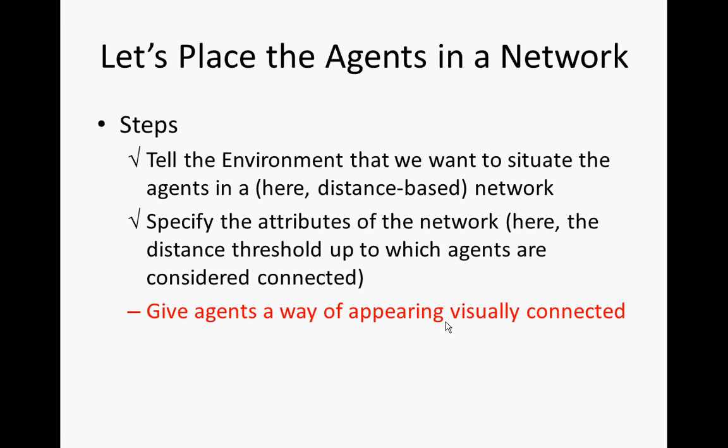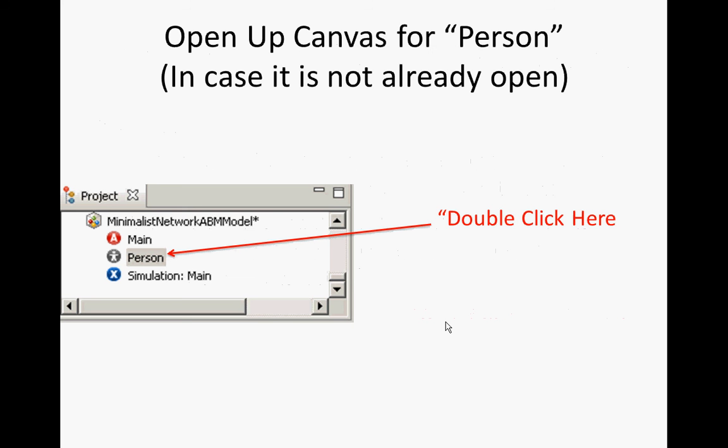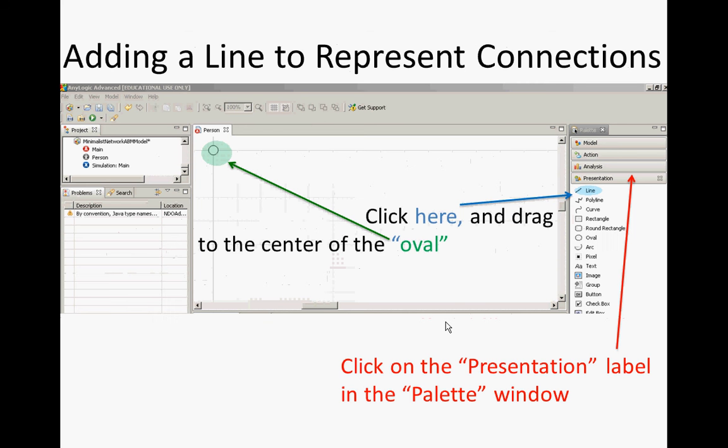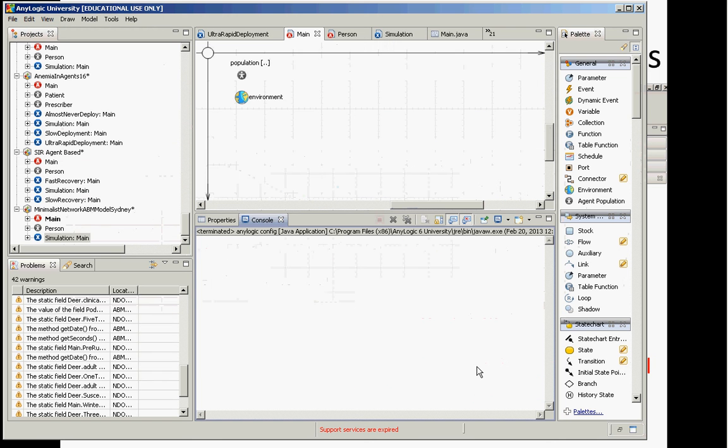Okay. So how are we going to do this? How does AnyLogic show these things as connected in their example models, or those models that you've gotten from me? How is it that people appear connected? Well, it all boils down to a few simple elements put together in an artful fashion. Okay. So what we're going to do is we're going to go to person and open up person. And just as a person has an appearance in terms of a dot, they're going to be associated with a line as well. Okay, here's a line,